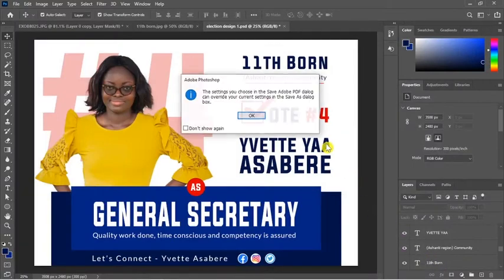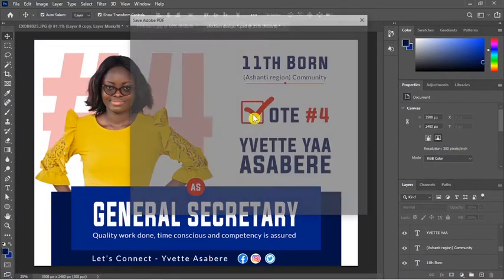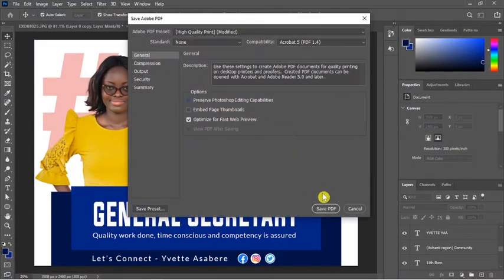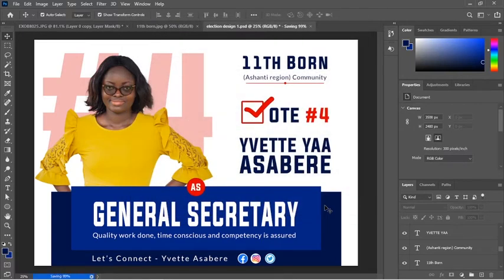Save as PDF, click on OK, uncheck the preserve and save, and let's see what will happen. Wait for it to save 100%. It's now 99.